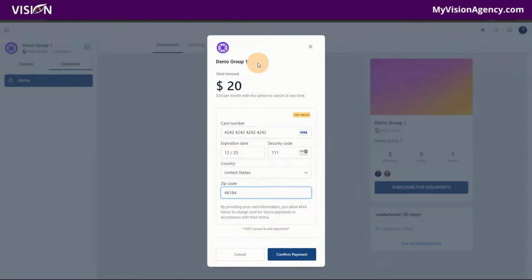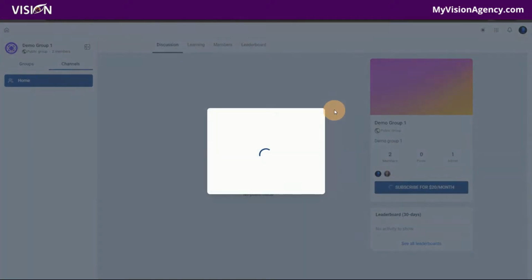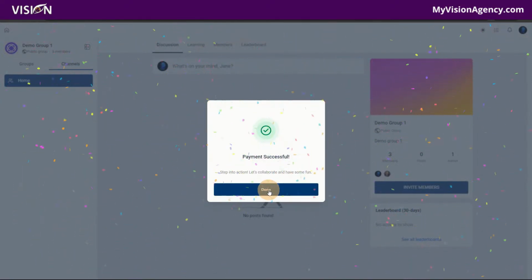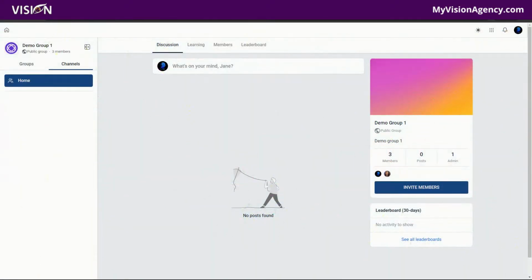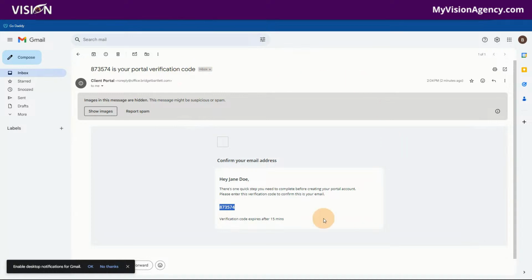So this is me as Jane Doe signing up for this group. And you'll see I've added my test info and all of that in there, and confirm payment. Okay. So this is not a live payment. It is a test payment. So as soon as the payment is verified, then we will be able to see payment successful. And let me close this out because I want to show you